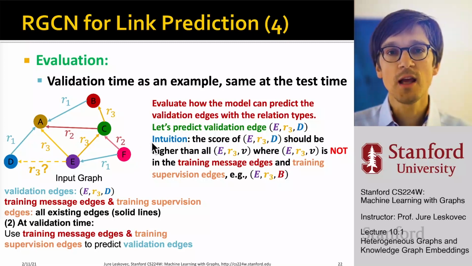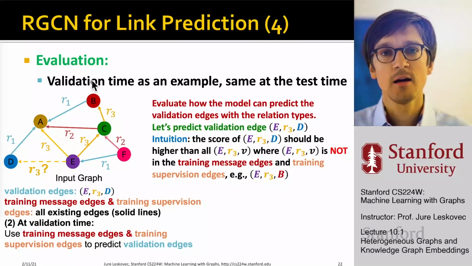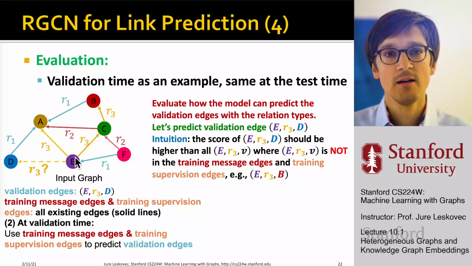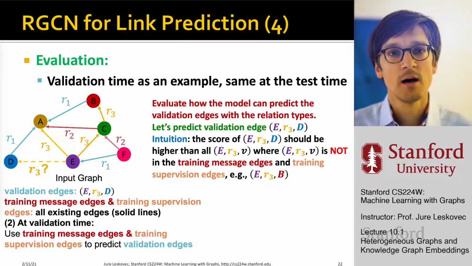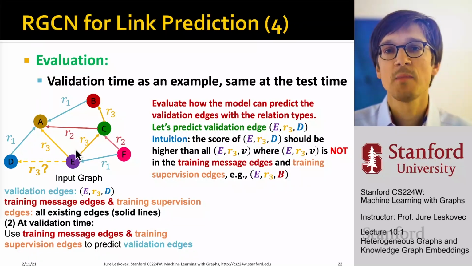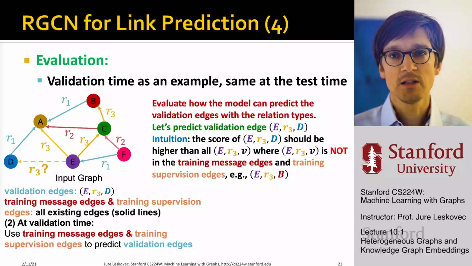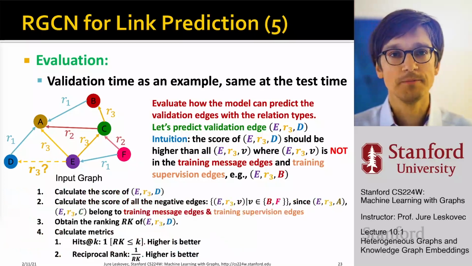Right, and again, the intuition here is that the score of this edge should be higher than the score of, let's say, all other edges that are in some sense negative or that don't exist in the data set yet from node E. So for example, this would mean that the score of this edge from E to D has to be higher than the one from E to B in our case. And I cannot consider these other edges because they are already used as message passing edges in my validation ArcGCN. So notice that it is important that these sets of edges are independent from each other when we score them.